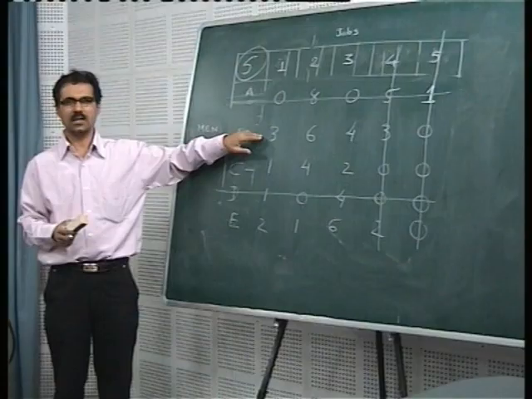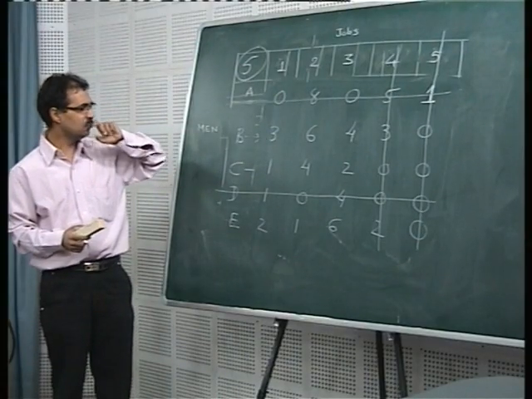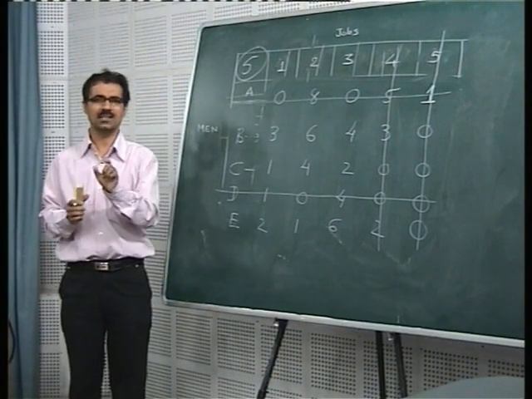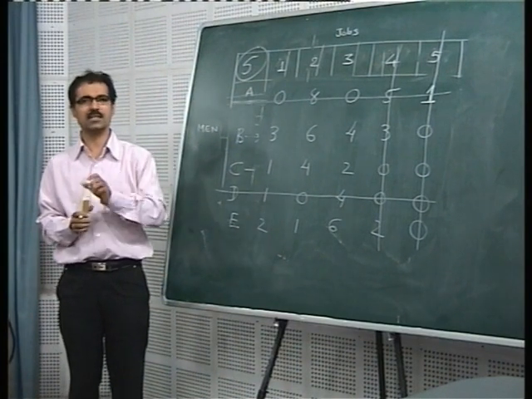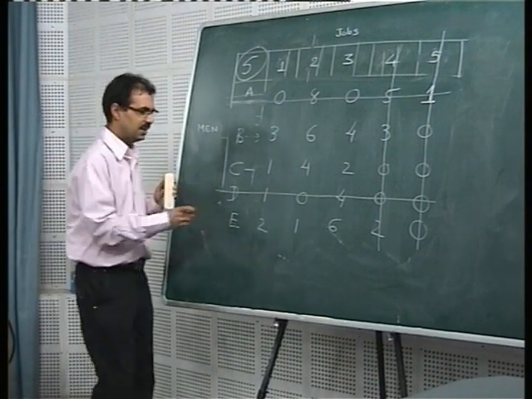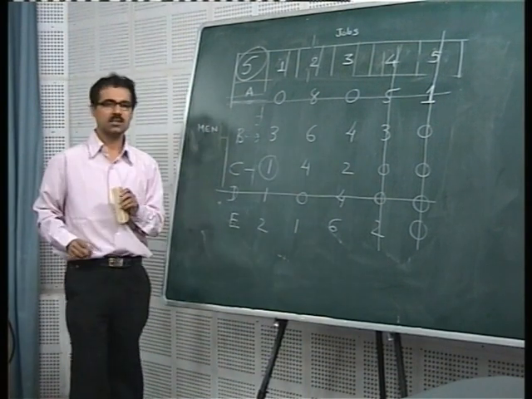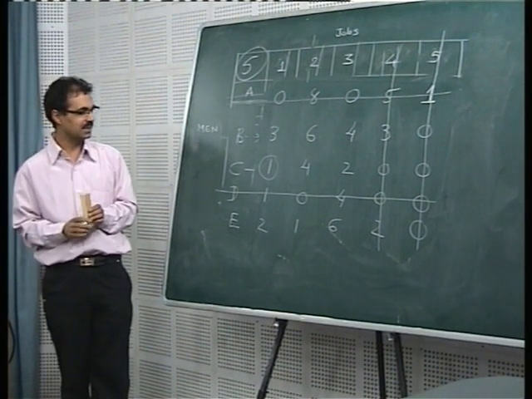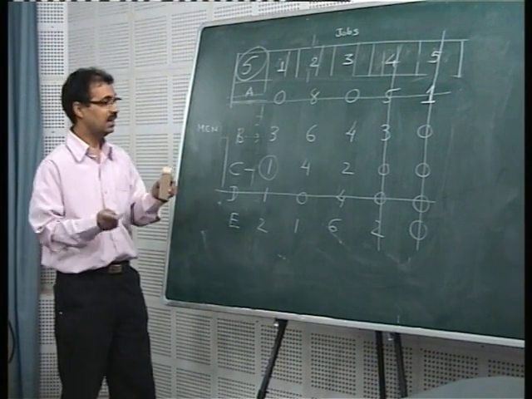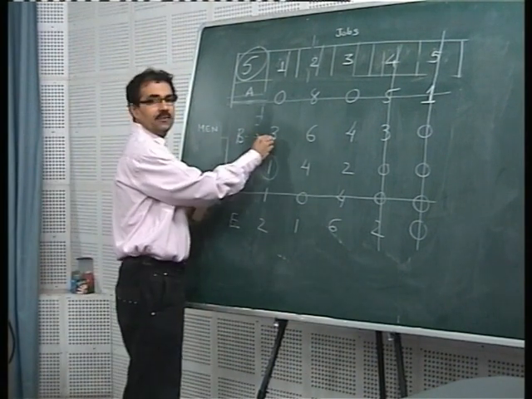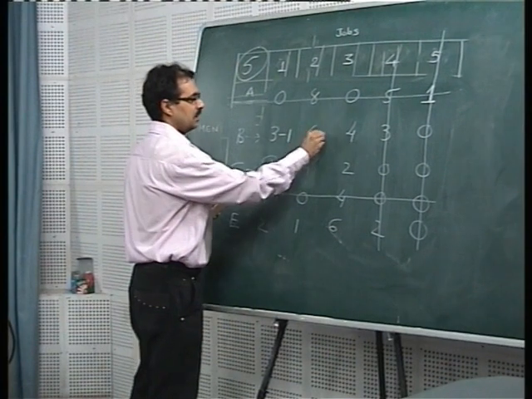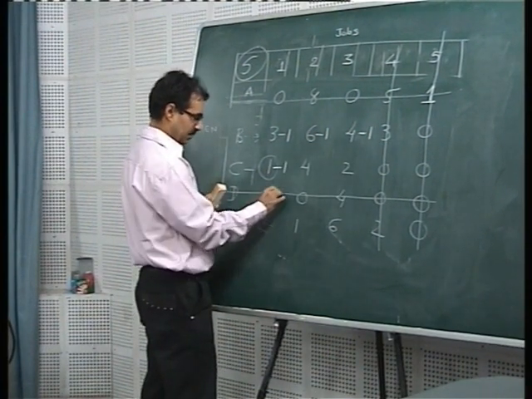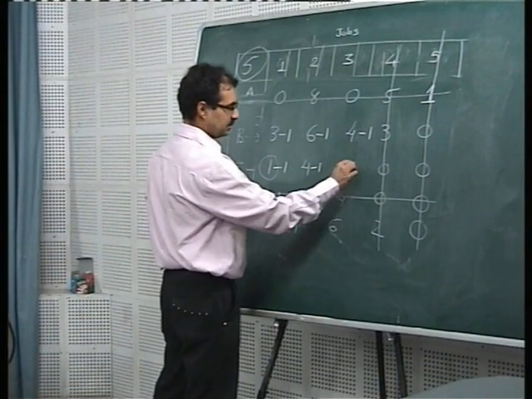So we come to the board now. What did we do last time? Let me remind you that we located the smallest element from those who survived. Of course, it is 1. So 1 is the smallest element which survived and did not get deleted. So 1 will be subtracted from all uncovered elements. So this is uncovered, so minus 1, minus 1, minus 1. Here also minus 1, minus 1, minus 1.